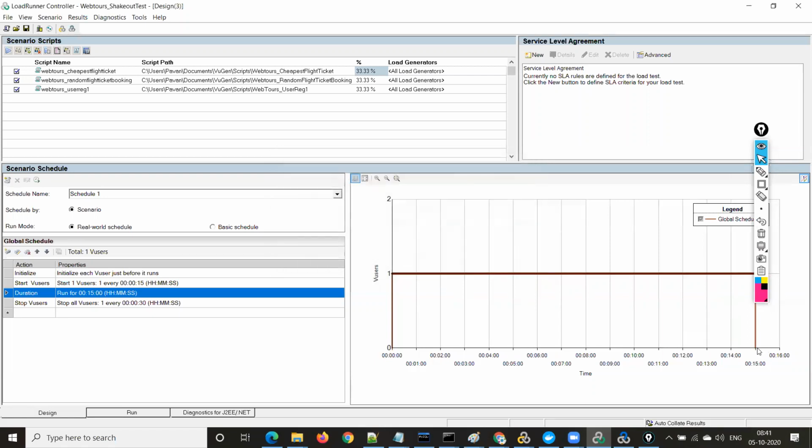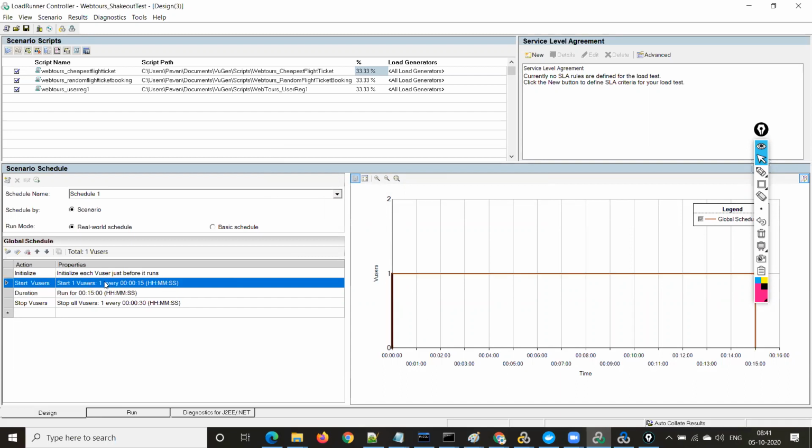It got updated, right? See, this is showing number of users. What is the x-axis? The horizontal one is the x-axis, and this is the y-axis. The y-axis is showing the number of V users, and here you specified 1 V user, right? You gave only 1 V user. That's why it is showing 1.